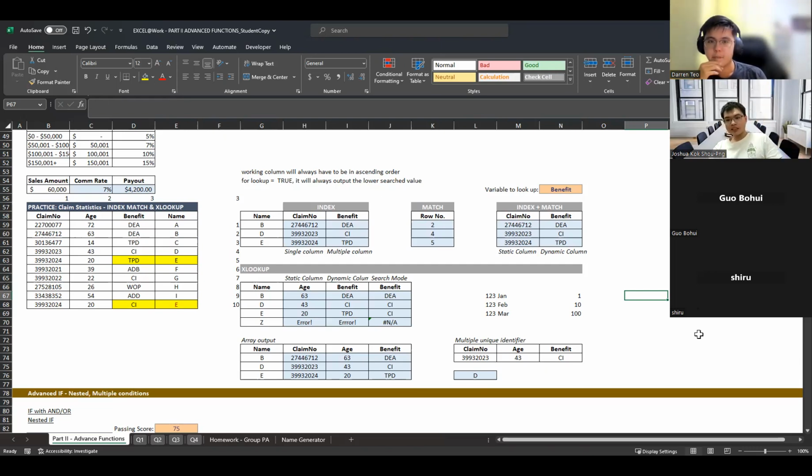I think there are a few ways, but it's honestly a bit manual, because it will be like an array, and normally we can't really search for arrays. If I were asked this question at work, I would just have this data set, then have a pivot table, which we'll be teaching next lesson, and then filter it that way. If not, you could have another table where you specify you want the first instance, second instance, third instance, and then maybe 100, more than what you expect. Then you can find the first position, second position, third position. But you can see it's a bit manual in that case.